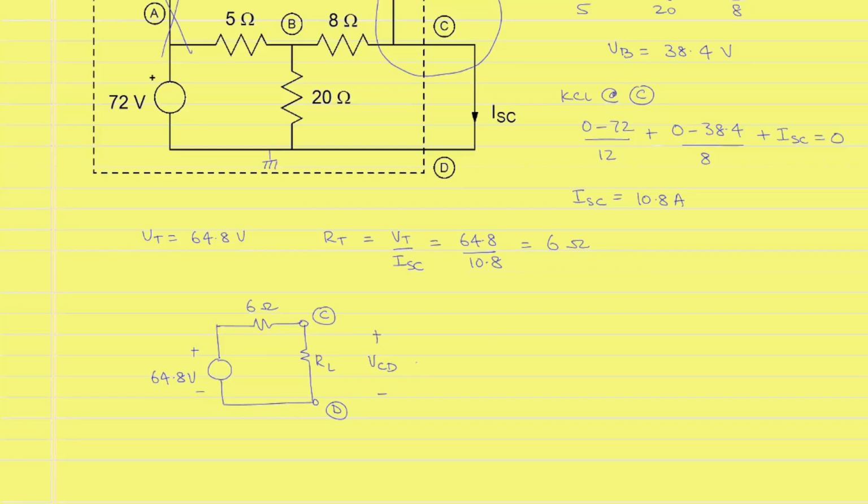We recognize this circuit as a voltage divider such that VCD will be equal to RL over RL plus 6 ohms multiplied by the Thevenin voltage 64.8 volts. We will tabulate the results of VCD for different values of RL, and the results we will get